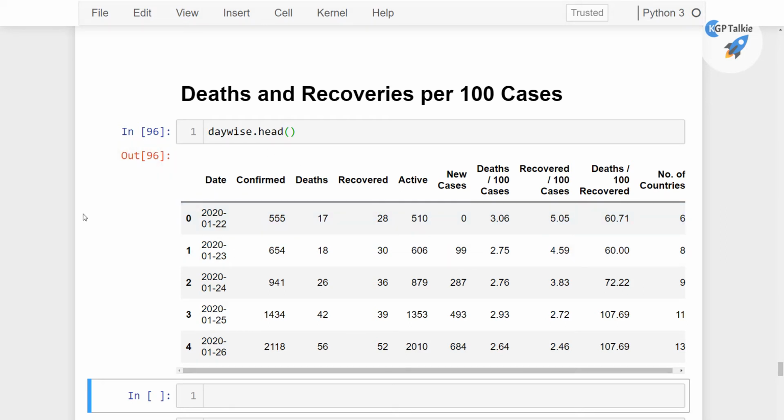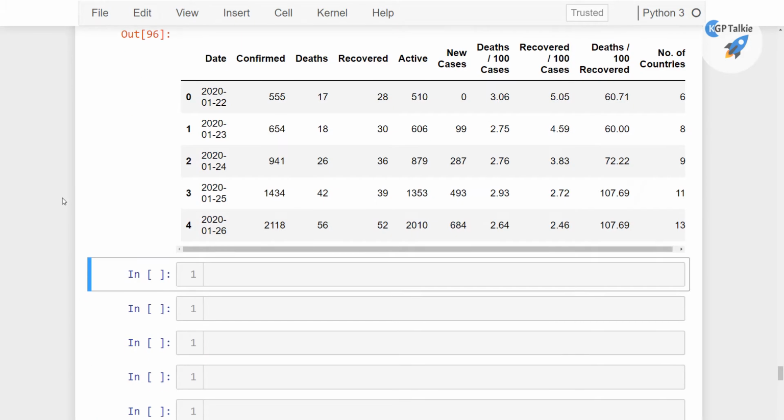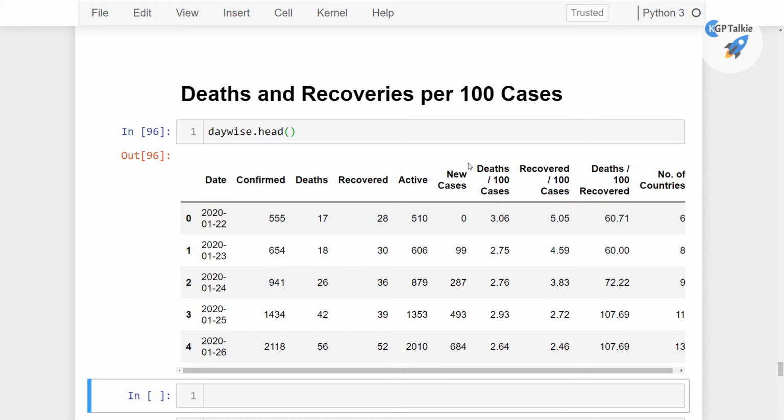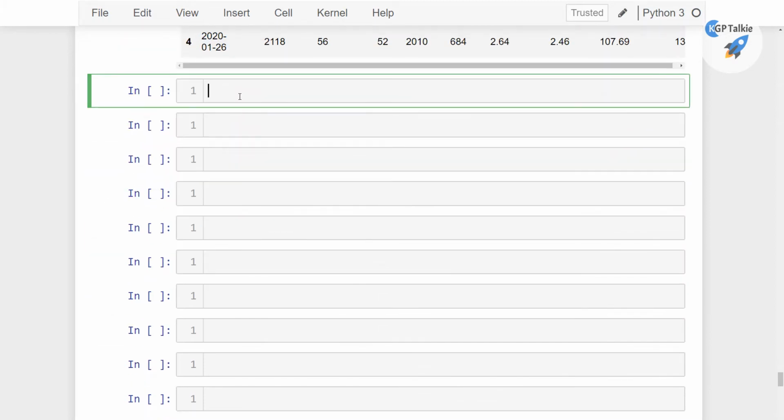From this data, we are going to first plot confirmed and death cases, and then we will see how we can plot death and recovered per 100 cases. Alright, so first of all, we want here fig c, that means for confirmed cases,